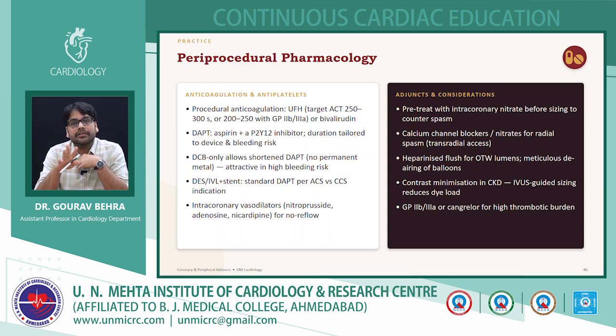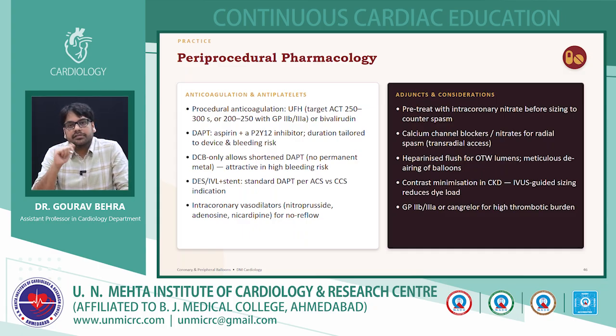So pre-treat with intracoronary dilators before sizing to counter spasm. You also have to look for spasm of the vessel. Usually spasm is generalized. So give some dilators, relieve the spasm, then select a particular size of balloon or stent. Use heparinized flush for over the wire balloons, and contrast minimization in CKD; everybody should follow regulations